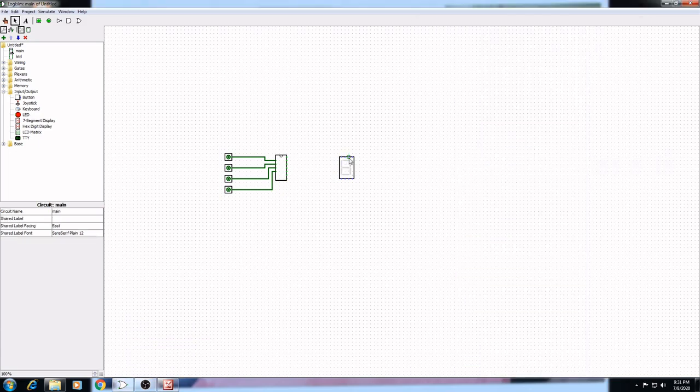So here we find A, B. This one is connected to A, so we connect it as A.